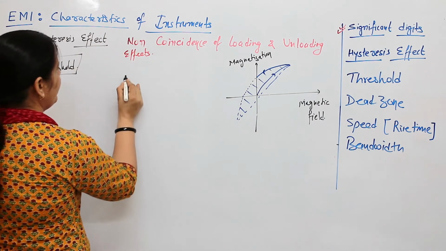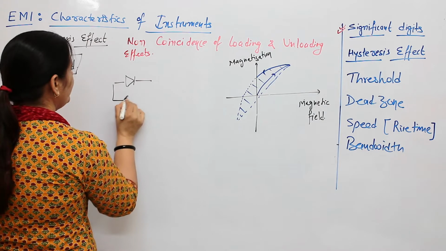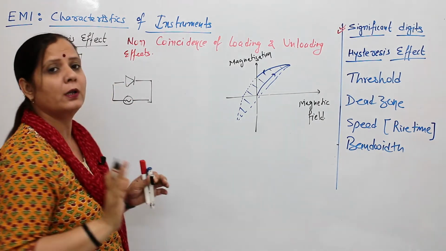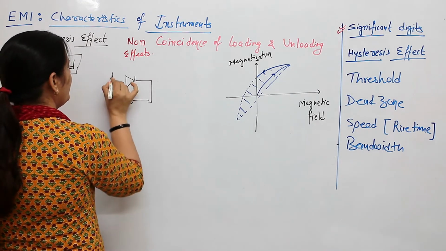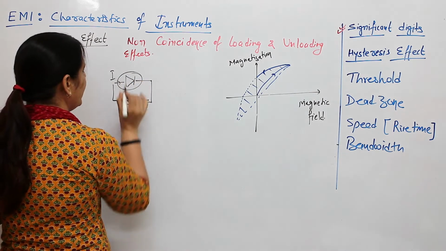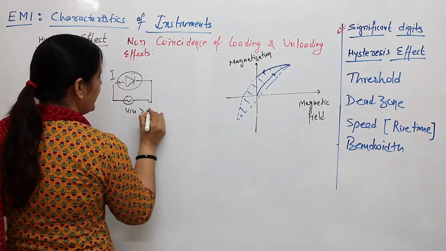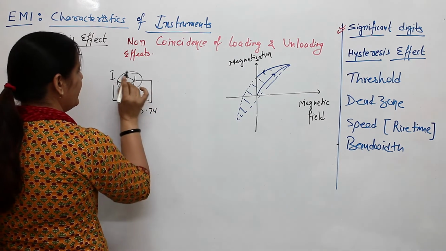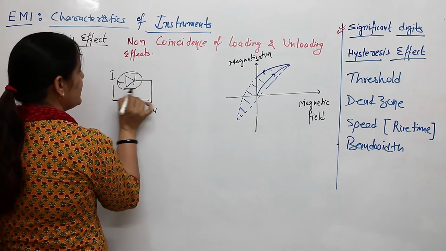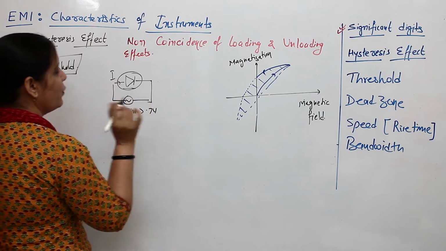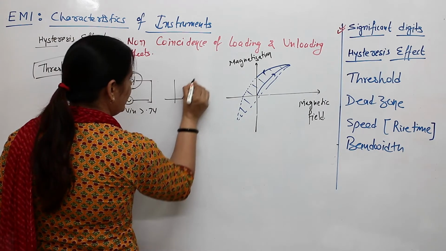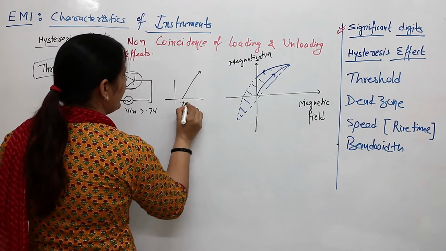For example, you are having a silicon diode and you want to apply this silicon diode in the form of a rectifier. So you want to measure the output current until you are having an input voltage greater than 0.7 volt. There will be no current because of the built-in potential across this junction, and below 0.7 volt your output current will be zero. You will start to notice the current after the 0.7 volt.